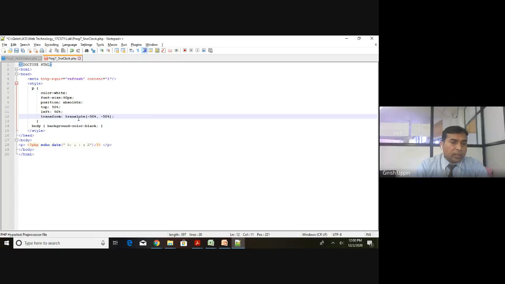It will translate in two dimensions, and it takes two parameters. So this will take the top 50%, left 50%, and translate minus 50% and minus 50%. It will make whatever content is displayed, that is the date, centered